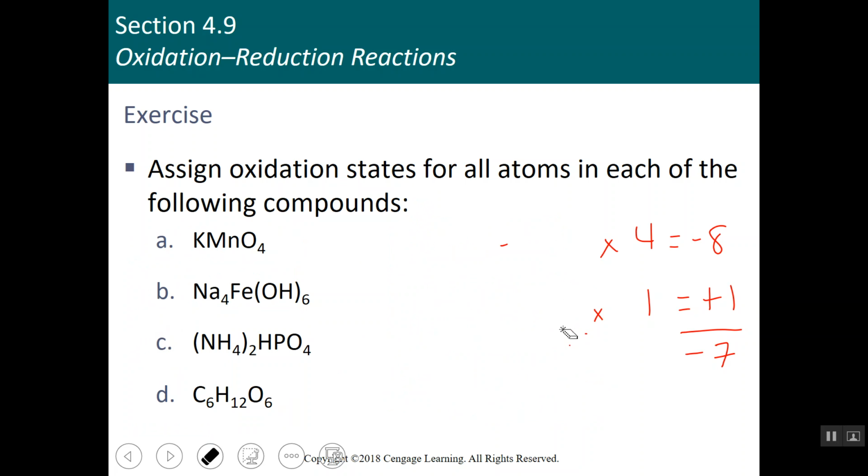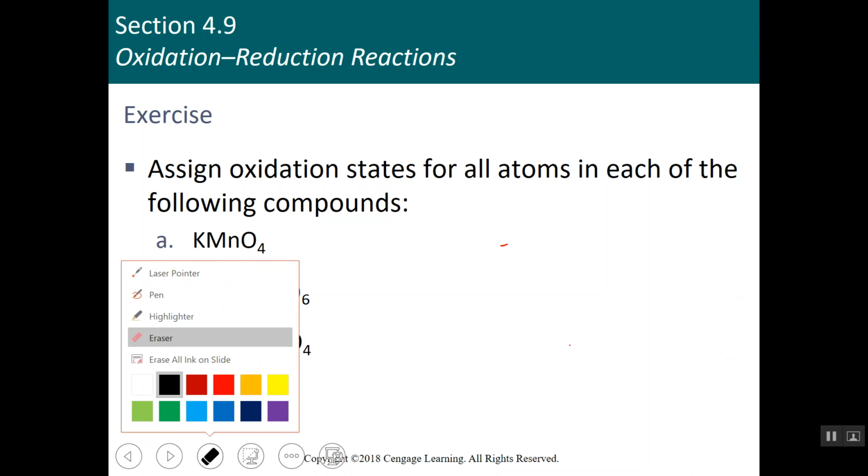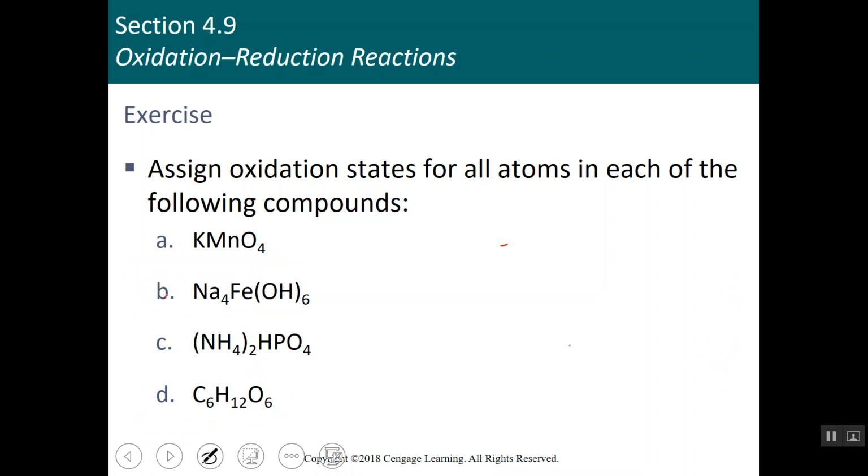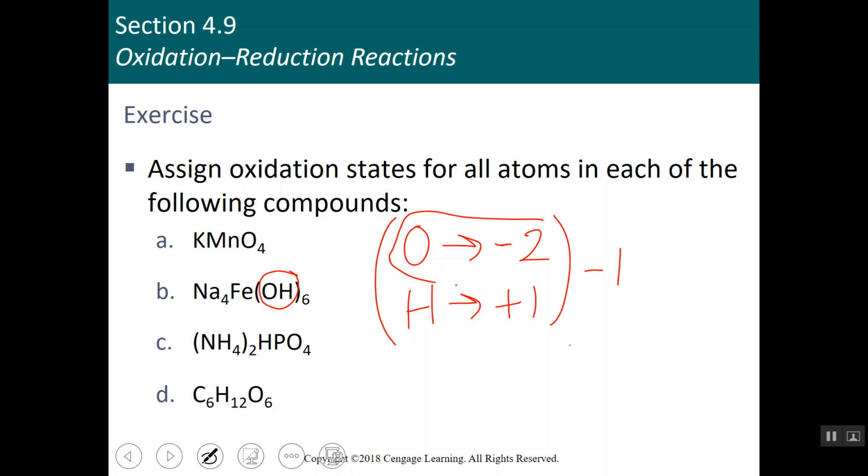And sometimes when you go through these, it's easier to do them in small chunks. And so that's what we're going to do on this next one. We're going to look at that hydroxide first. Hydroxide we know is a -1. So oxygen, we're going to assign it a -2. Hydrogen, according to our rules, will always be a +1. Okay, so the total of this is -1. But we need this -1 out here, and we have 6 of those. So the total on this chunk right here